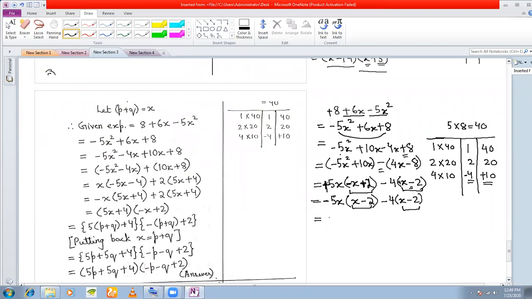Now I can take x minus 2 out then. x minus 2 I take out. I'm left with minus 5x minus 4. Okay. You can write this answer in a better form. That is x minus 2, and then within this expression, minus 5x minus 4, you can take out minus, so you get 5x plus 4. Okay, so now you can write this as minus x minus 2 into 5x plus,